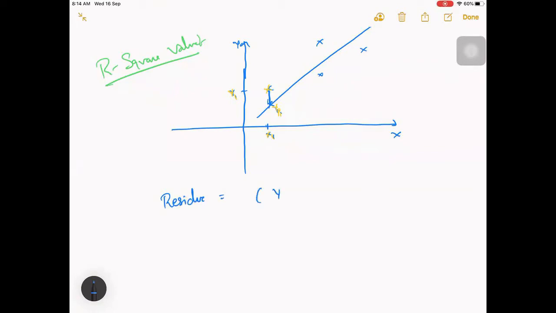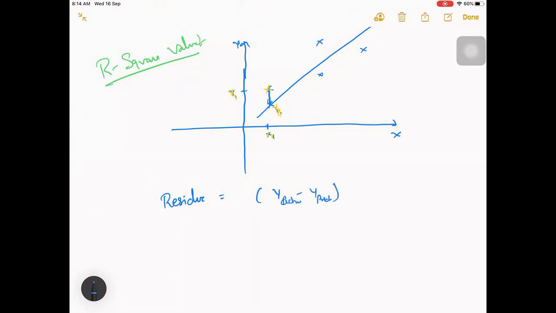Was it actual minus predicted or predicted minus actual? I'm not very sure, I think it should be actual minus predicted. Y actual minus y predicted is what we call residual.